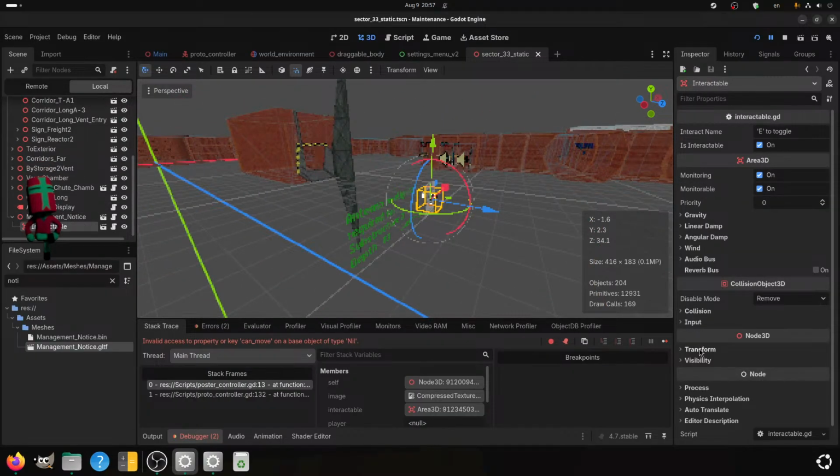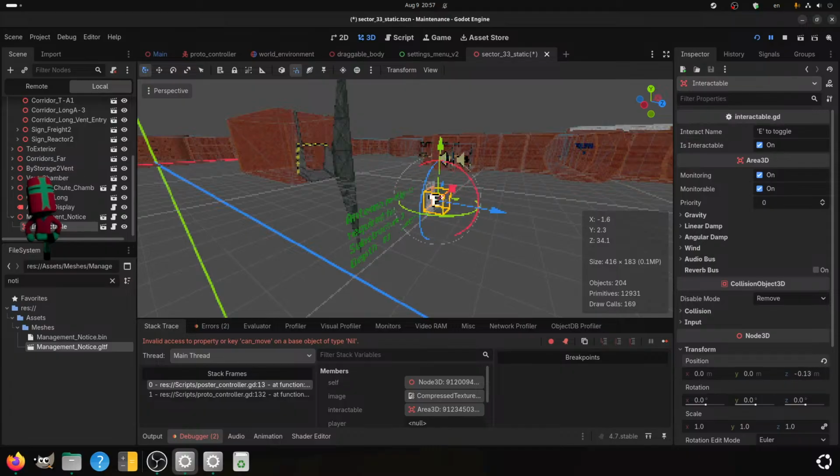And you can be a little more forward. And a little lower.